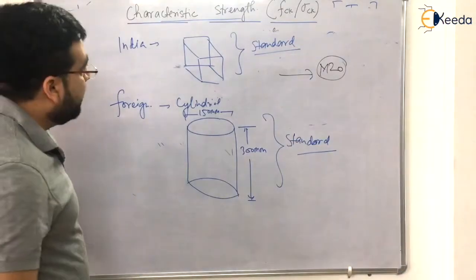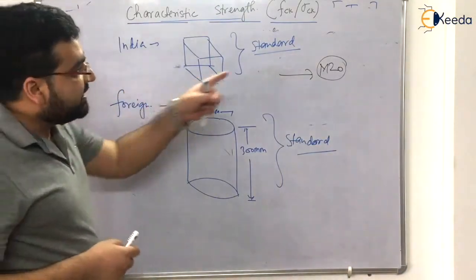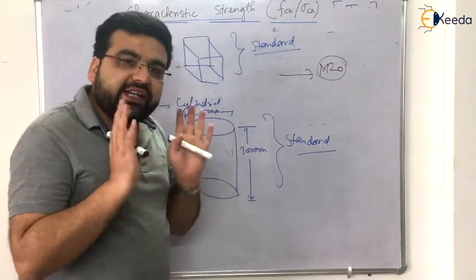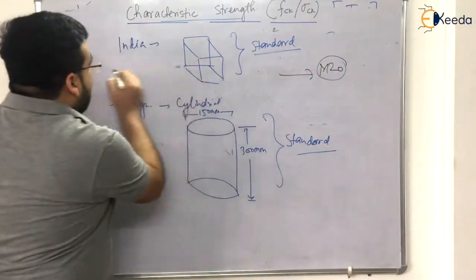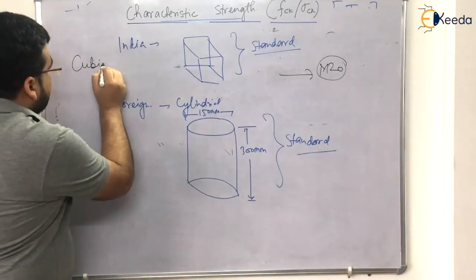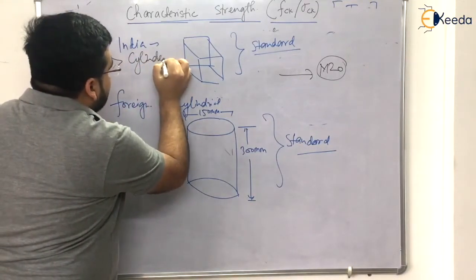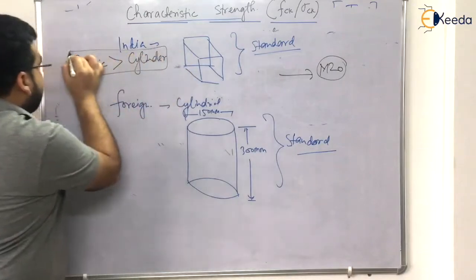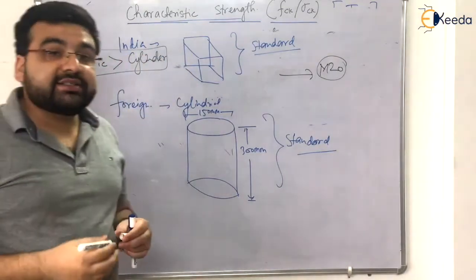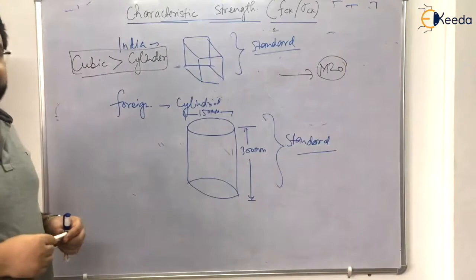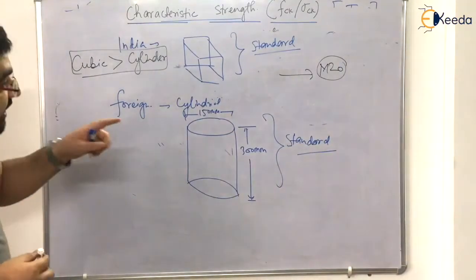Now let me explain. So out of these two, if I am testing M20 or M25 or any grade of concrete, the cube will have a greater strength than the cylinder. The cube will have a greater strength than the cylinder. Now coming to the reason. What is the reason? The first reason is,